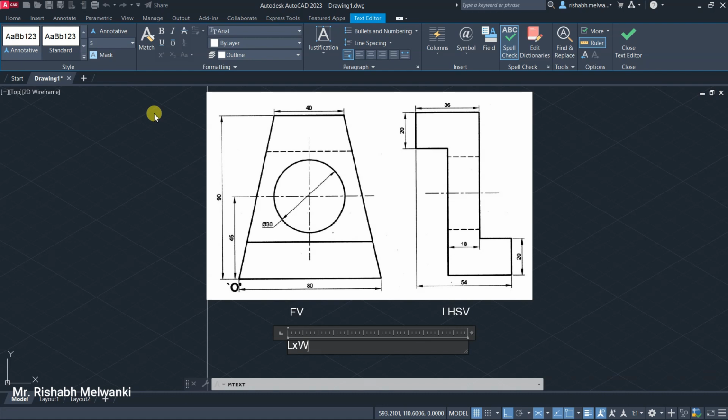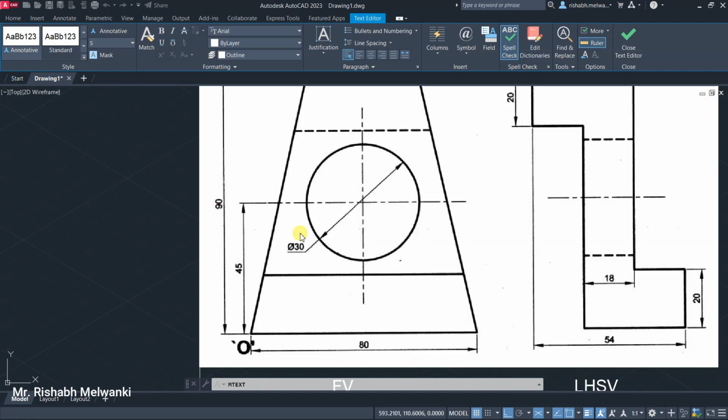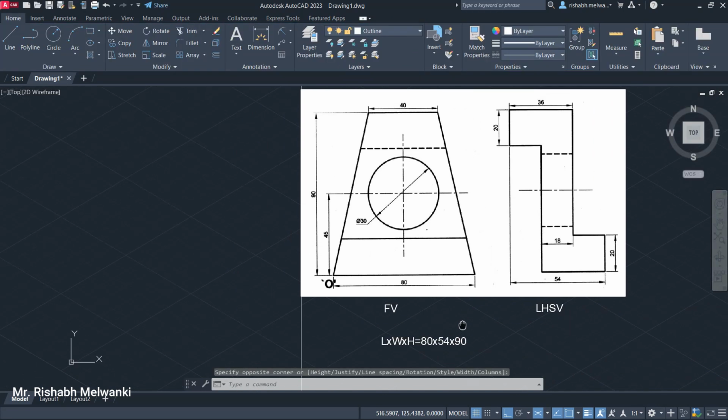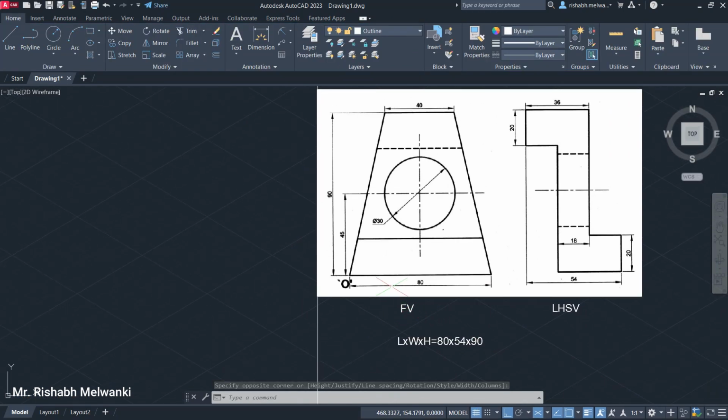Length into width into height equal to, we can see 80 is the maximum length which we can see in the front view, so 80 into width we can see in the side view it is 54 into height we can see in front view or in side view, so the height has been given as 90 millimeters, so into 90. Now since the front view is on right plane, when we draw the box, right side horizontal